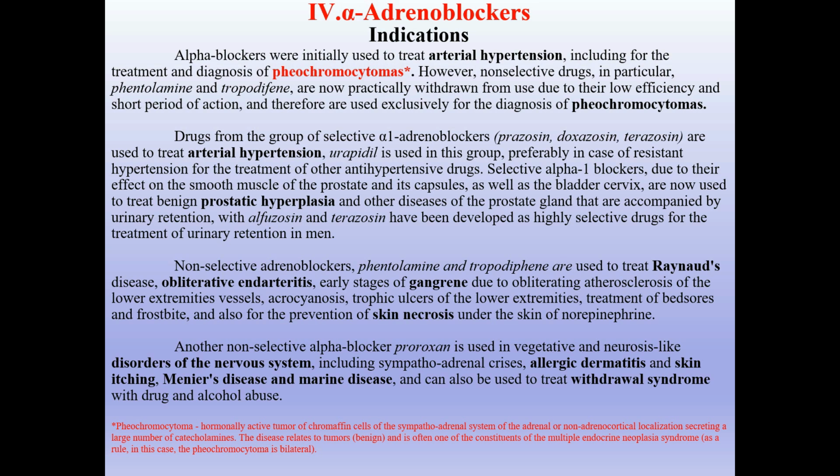Drugs from the group of selective alpha-1 adrenal blockers, prazosin, doxazosin, terazosin, are used to treat arterial hypertension. Urapidil is used in this group, preferably in cases of resistant hypertension. Selective alpha-1 blockers, due to their effect on the smooth muscle of the prostate and its capsules, as well as the bladder cervix, are now used to treat benign prostatic hyperplasia and other diseases of the prostate gland that are accompanied by urinary retention, with alfuzosin and terazosin developed as highly selective drugs for the treatment of